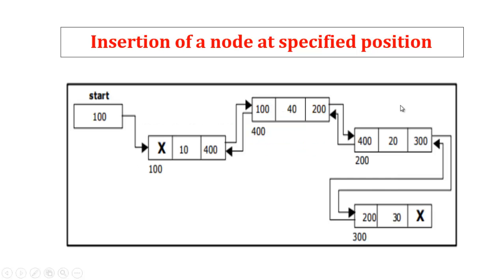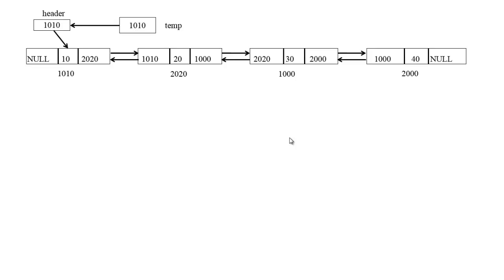So these are the possibilities we have to make certain decisions about in inserting a node at a specified position. Take an example of existing nodes: this is the first node, this is the second node, the third node. I'm going to insert in this position. It should be in the middle; it may be the second node, third node or fourth node. So these are the possibilities, and I'll explain them later with an example program so you can understand.